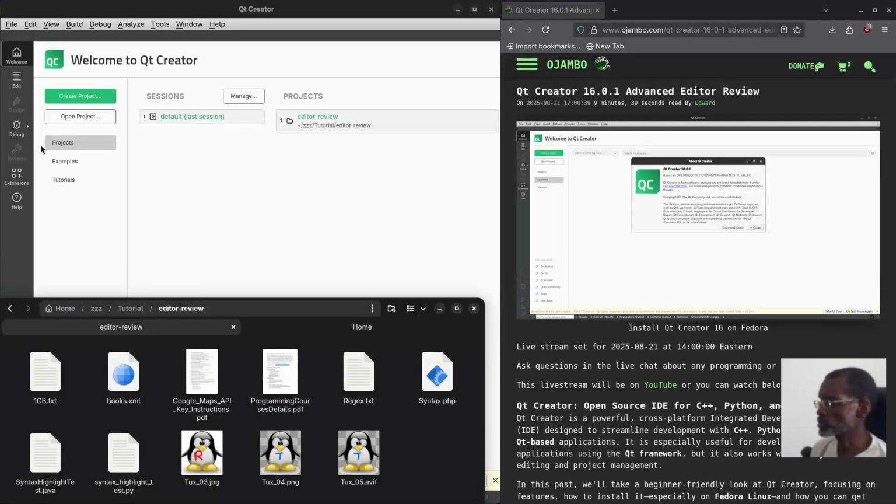Greetings, this is Ojambo. In this tutorial, we're going to do a review of the Qt Creator, which is an advanced text editor for my particular programming needs. This is about Qt Creator version